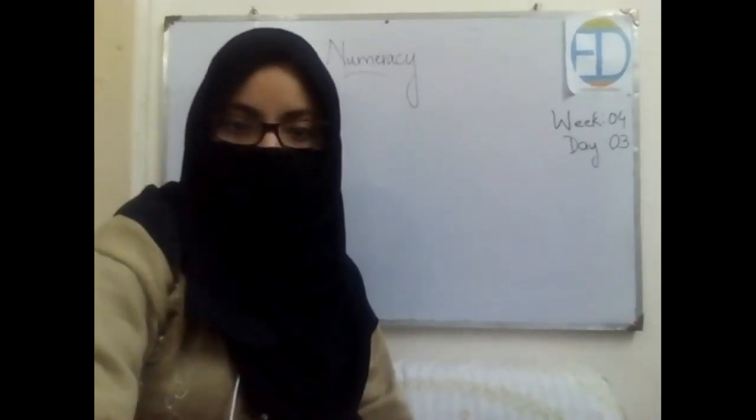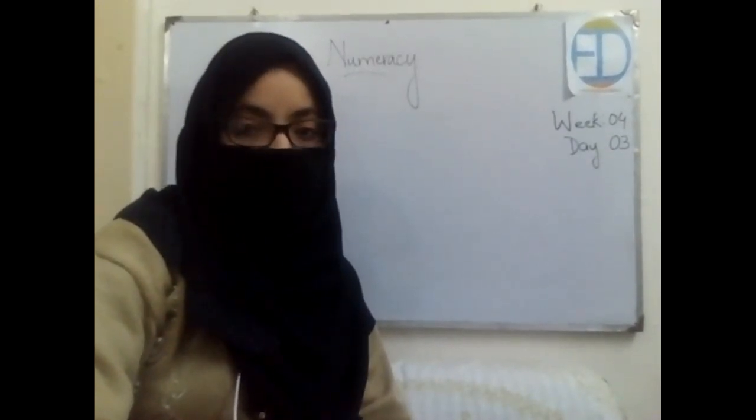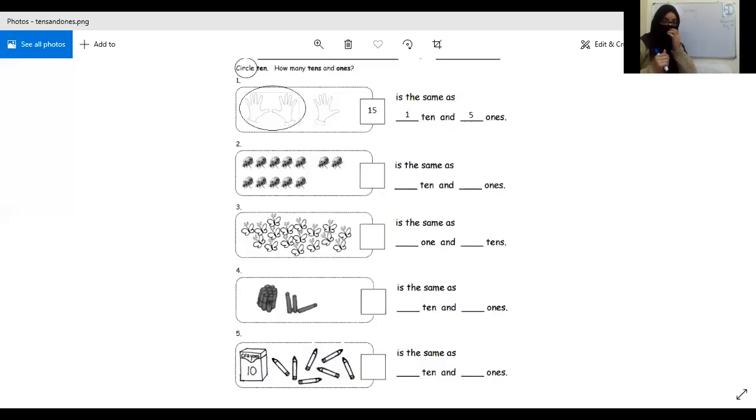I'm going to share the screen with you. No need to panic. You just need to tell me the answers. Raise your hands, whoever knows the answer, and then I'll come to you, okay? So, is my screen visible to you? Perfect. Okay. Now, the statement of the question says: circle 10. How many tens and how many ones are there? So, what you need to do is first bundle these things in the form of tens, right? And then tell me how many ones are remaining there. Okay. So, it's a very small and interesting activity.